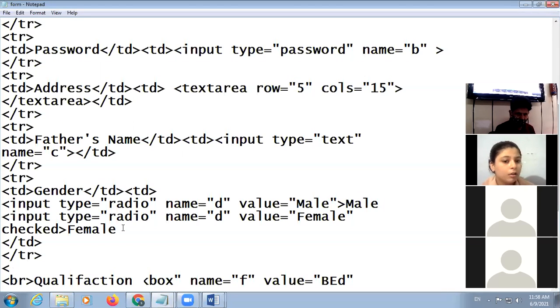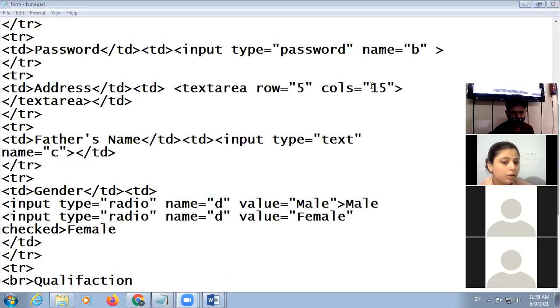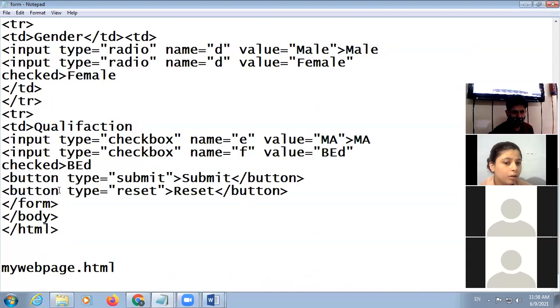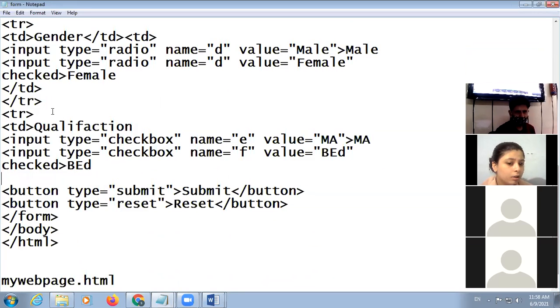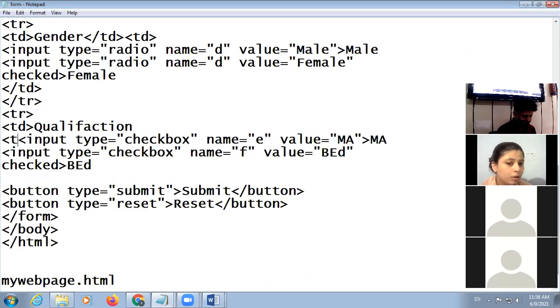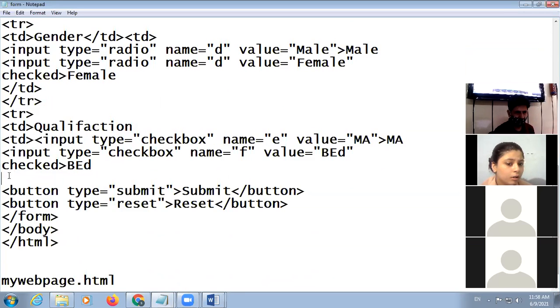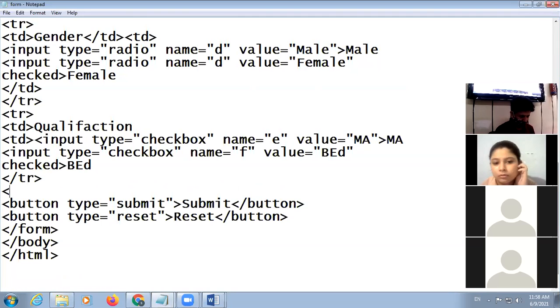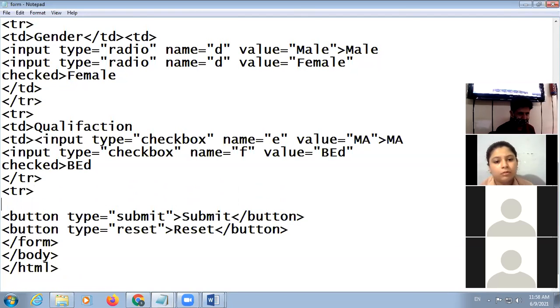And start tr again, and then td, qualification, and after that, after qualification, here td, and here tr close, and then tr start.